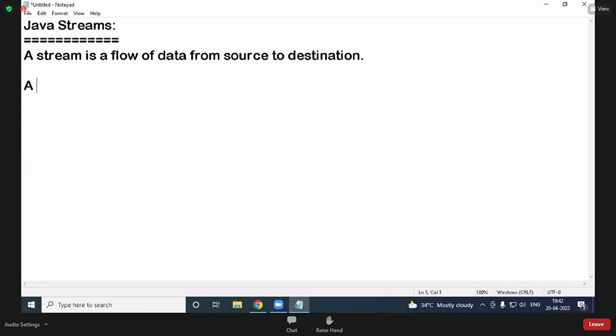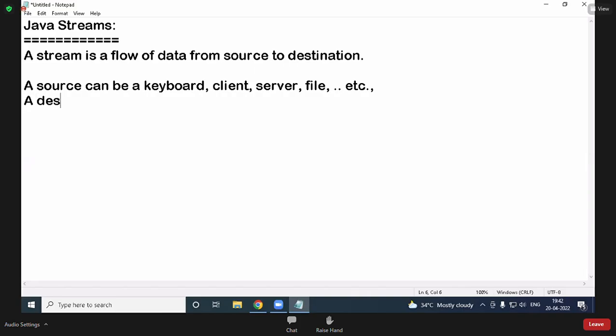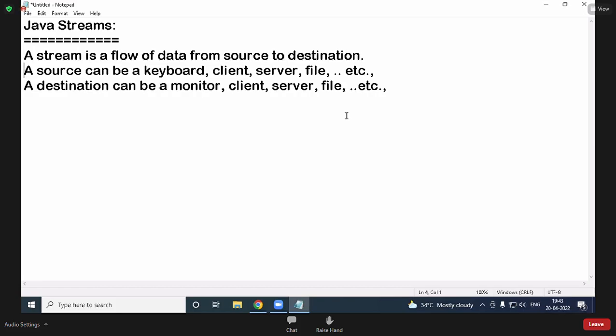A source can be a keyboard, client, server, file, etc. A destination can be a monitor, client, server, file, etc.